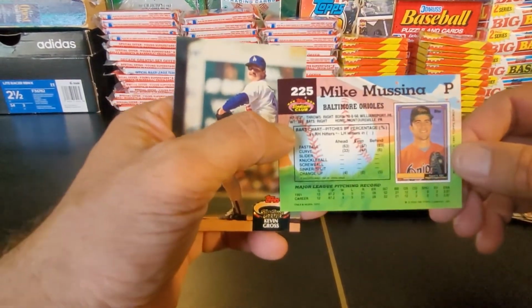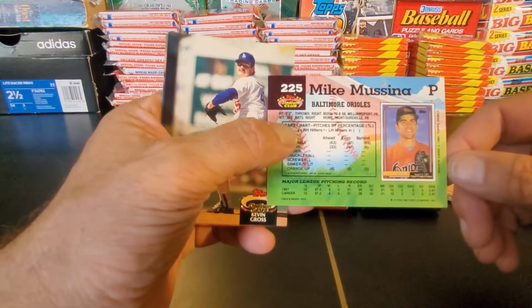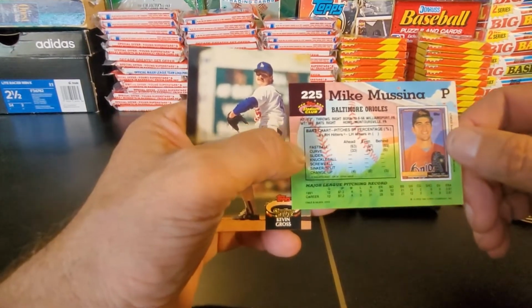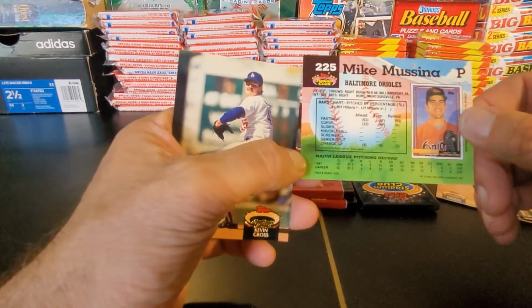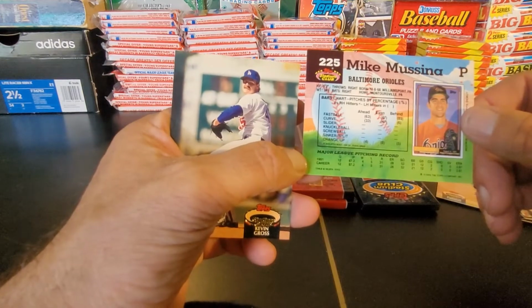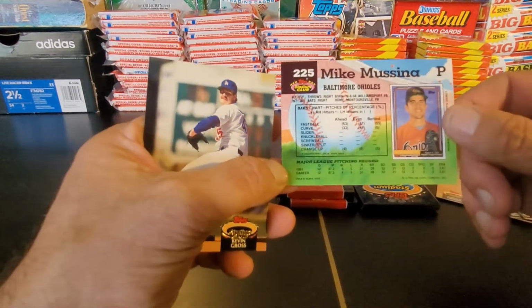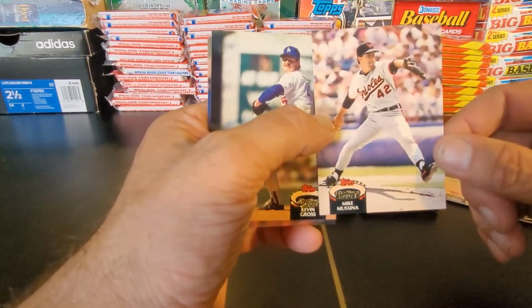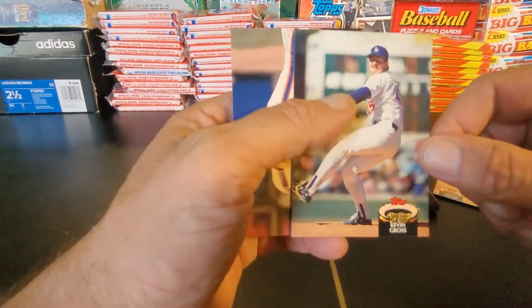They're really colorful backs. Having a picture of another card of his on the back is pretty cool. You have different stats, percentages, one year plus career, although this is really early in his career, so not much there, of course. This is when he was with the Orioles before he became a Yankee. Nice card of his. Got Kevin Gross